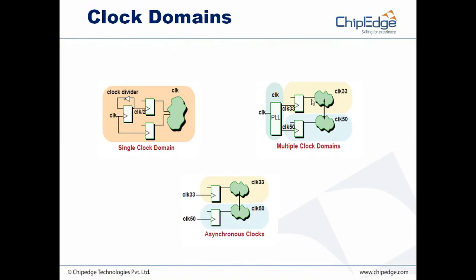This is also different clock domains, but still we can't say they are asynchronous. But here the source is different, so we treat them as asynchronous clock domains. So these two are asynchronous clocks. Did you get it right? What is the difference between single clock domain, multiple clock domains, and asynchronous clock domains? This is very important when you enter into CDC problems. You should understand what a clock domain is, what synchronous clocks are, what asynchronous clocks are, and how we are going to divide these domains, while constraining the design intent for the CDC.